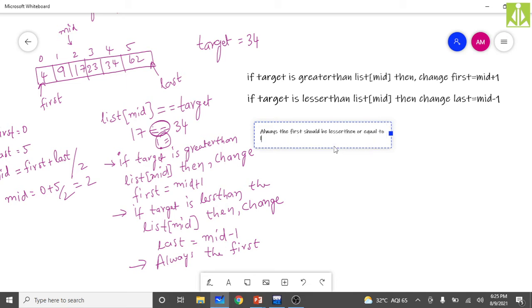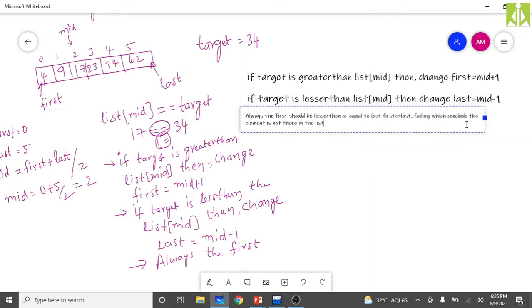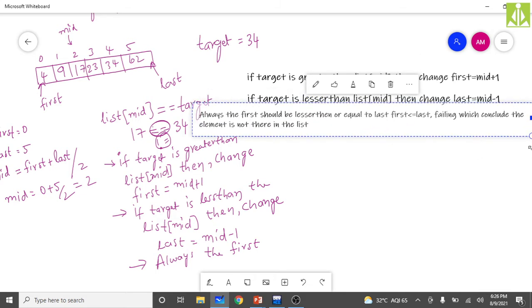First must be lesser than or equal to last, failing which we conclude the element is not there in the list. If this particular condition is not satisfied, then we need to conclude that the target which we are looking for is not there in the list. We need to conclude in that way.